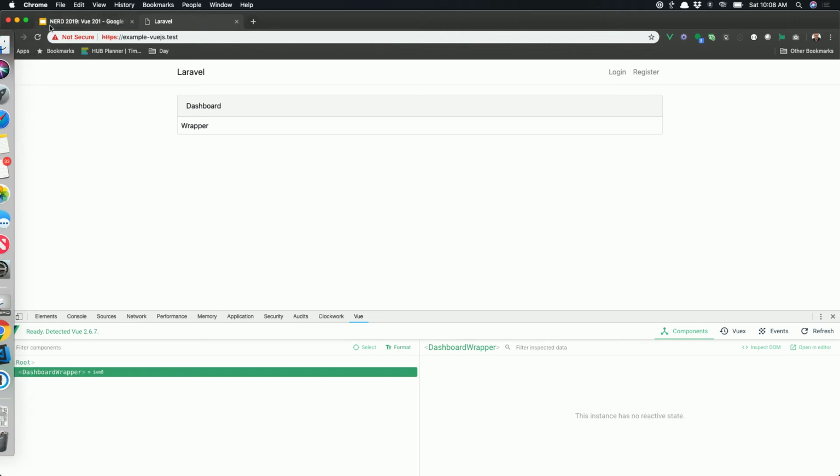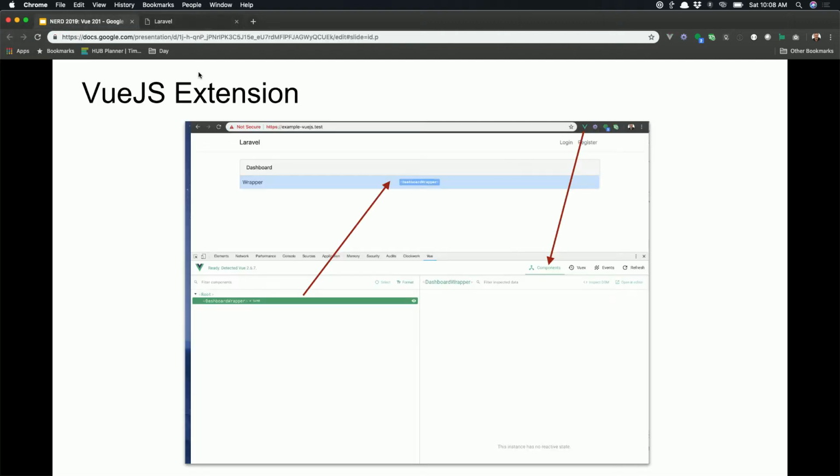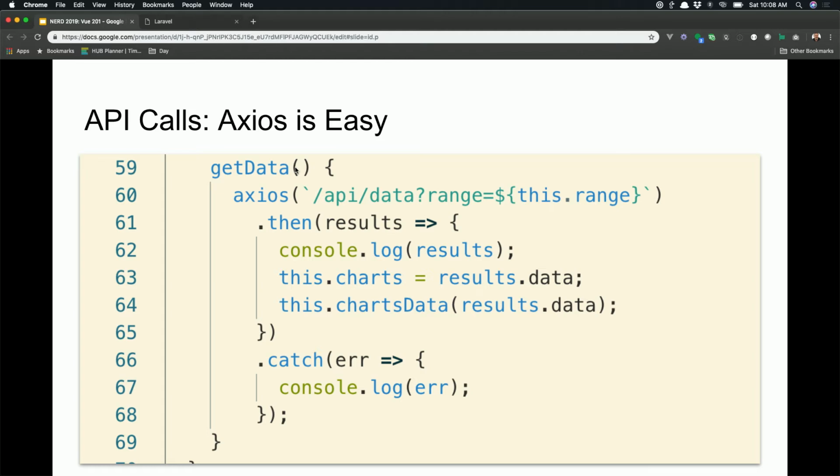So the next thing I'm going to do, any questions so far? You know, pacing is always hard at these things, so if anyone has any questions or wants me to slow down, just let me know. And I talked about that extension here a little bit. And again, just like when you're doing HTML and you're digging into CSS on Chrome with the elements thing, this is just like that, and it's really helpful to figure out what you're working on.